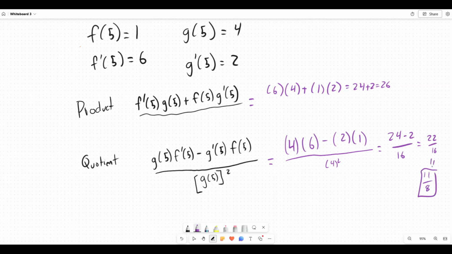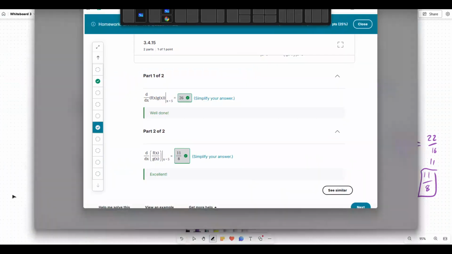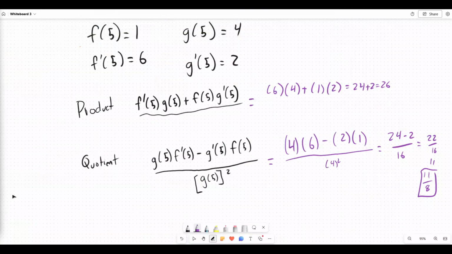And again, you should use a calculator for this. I am just trying to, I don't want you guys to have to wait for me to do these calculations on a calculator. So, there we go. Okay, now,